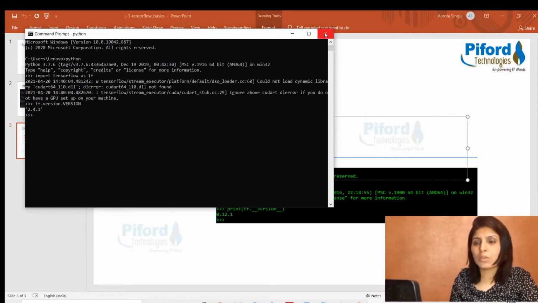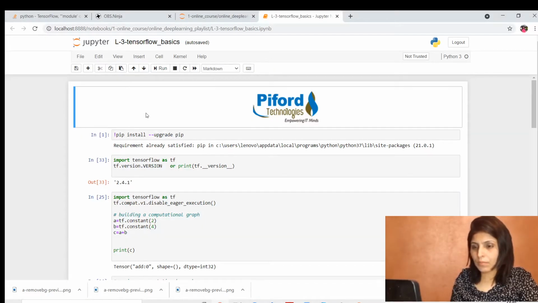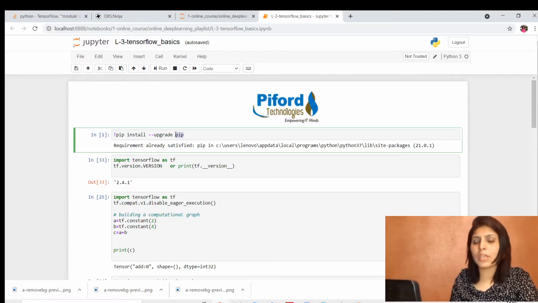So this is how you can install TensorFlow using the command prompt. But suppose you want to install TensorFlow using Jupyter Notebook, then just open a Jupyter Notebook, and it is the same command, pip install --upgrade tensorflow, and we have put an exclamation symbol in front of it.